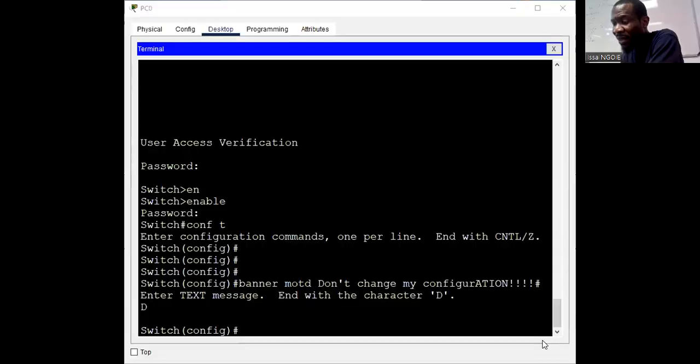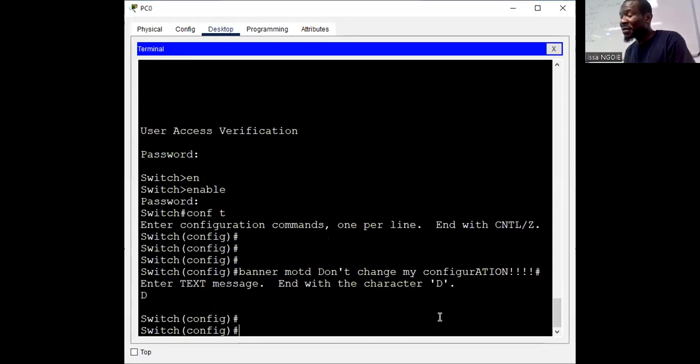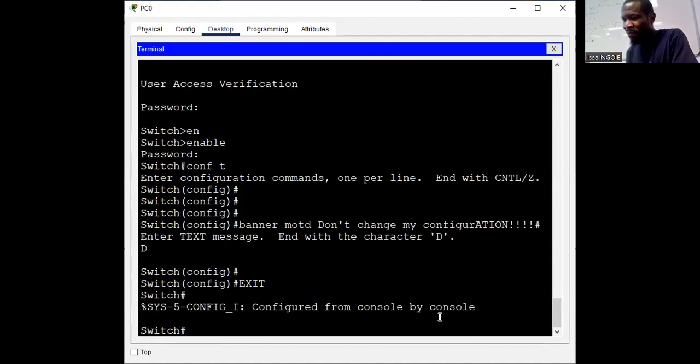As I said, I must first be in privilege mode. So you have to exit because you are in configuration mode. I'm going to exit. Press enter, enter. Now you are here. From here, what you must do is just type the command: copy running-config space